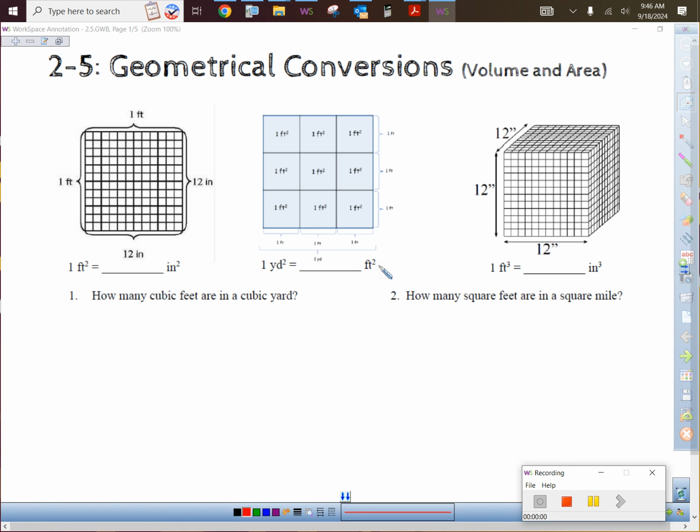A little bit of geometrical conversions today that are really challenging for a lot of people, right? So it's going to take a little bit of practice to get good at it. But here's the main thing. If we can look up the basic conversion rate of first dimensional stuff, there's always things in one dimension, you